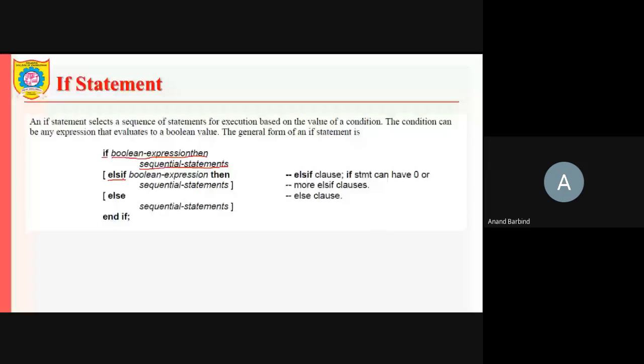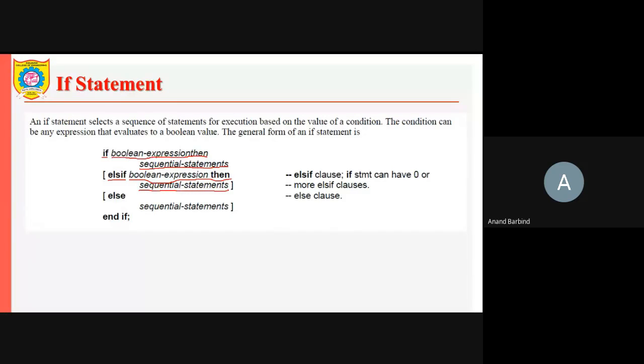If you want to implement this, then you have the nested if statement, and you can use that particular state, another if statement, and with that you can check another condition. But here in the single if statement, you have the feature of specifying another condition. That means if the first condition is not satisfied, then you can go for checking another condition, and then another condition can be specified, and if this condition is satisfied, then this particular statement will